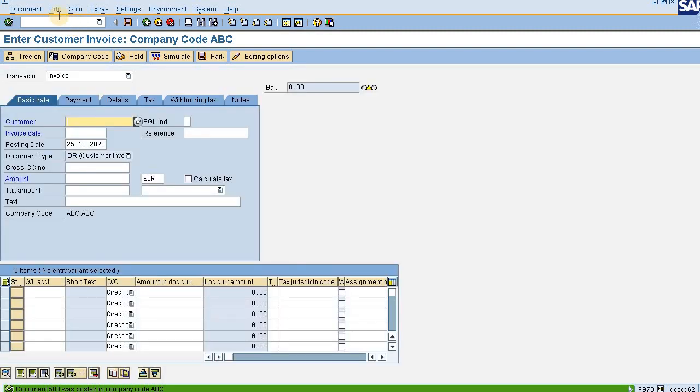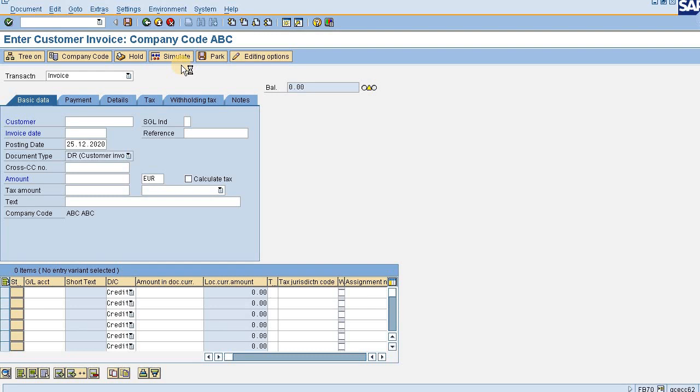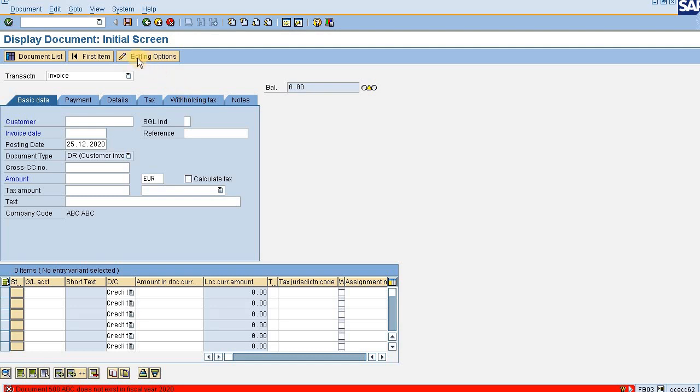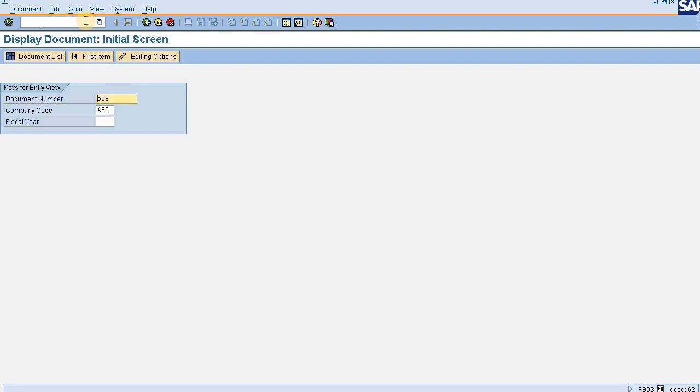Now let us display the document. Going to display the document. The system is taking a bit of time to update because 508 has got posted, but the system is not showing it. I think the table has not been updated yet. Sometimes it happens. /nFB03.